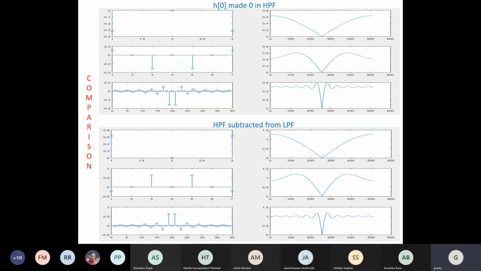So if you compare, this is the comparison that I was talking about. Here it is about 0.5 and here you can see about 1. The excursion is there, but both are giving you a notch filter. And here this is your negative and this is your positive, right? Values were at 0.25 or so, the maximum. Here the value is around 0.5 or so.